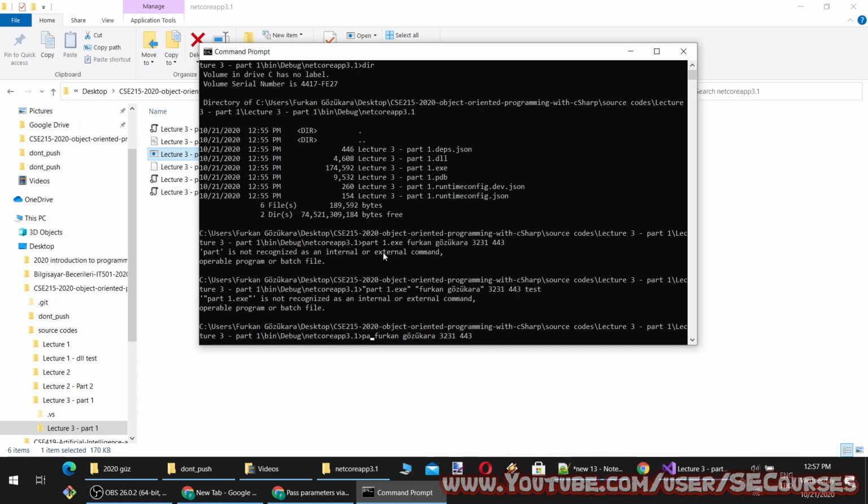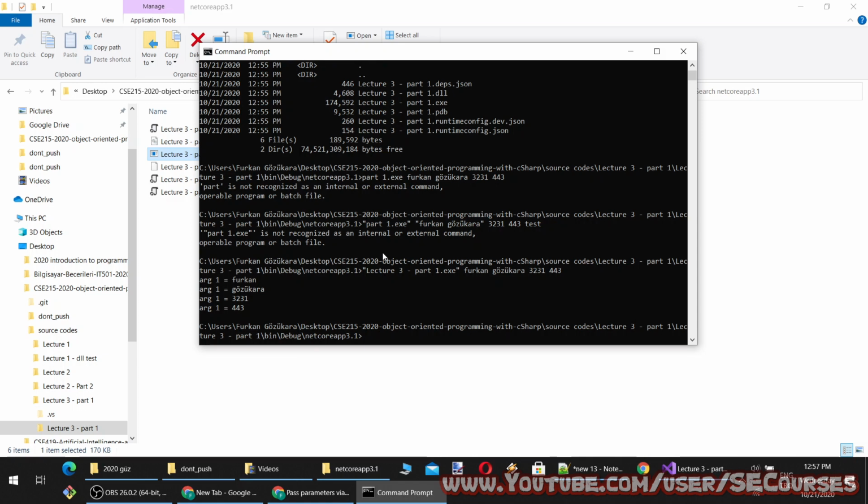When you right click with your mouse on the command window, it pastes the latest copied text. Okay, now it works.